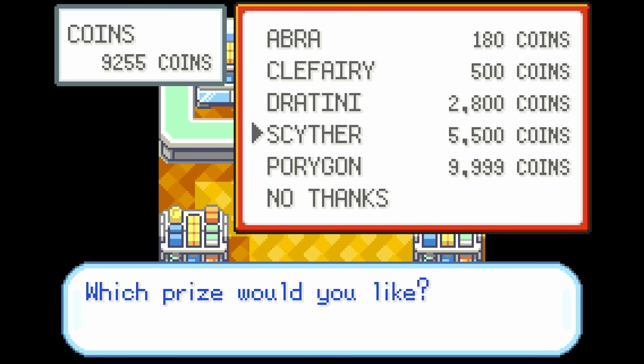You need a completely full coin case in Fire Red to afford it, and even the cheaper one in Leaf Green costs more than half your max capacity, meaning it's also a much slower hunt than some of the other options here. Game Corner Abra might be one of the fastest shiny hunts you can do in this game, but